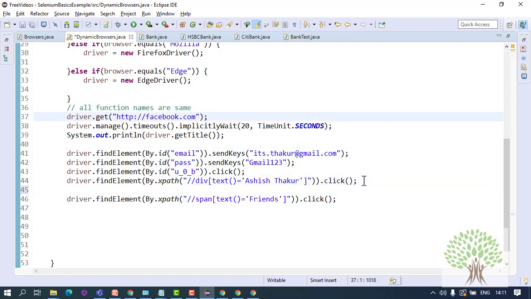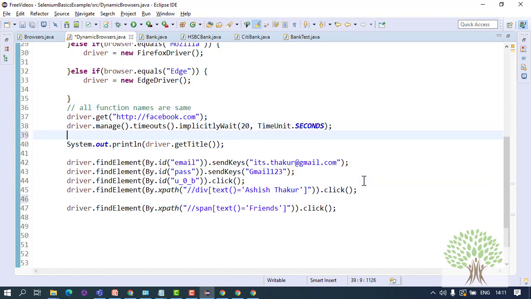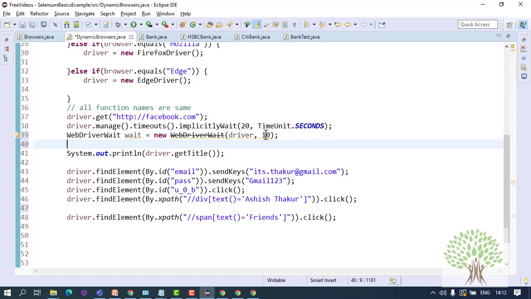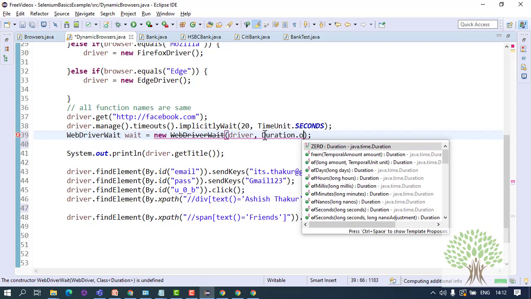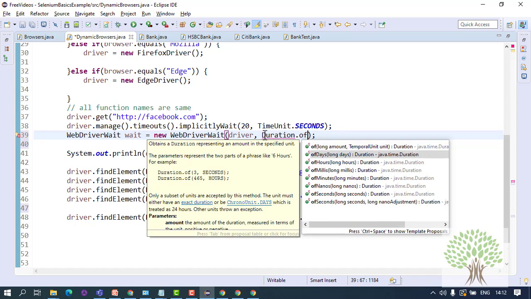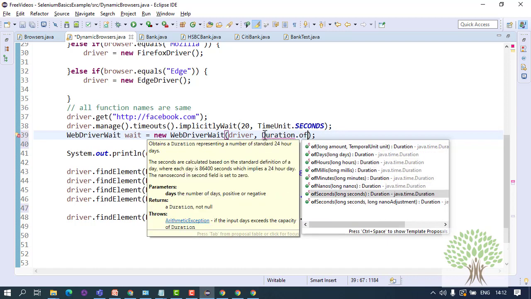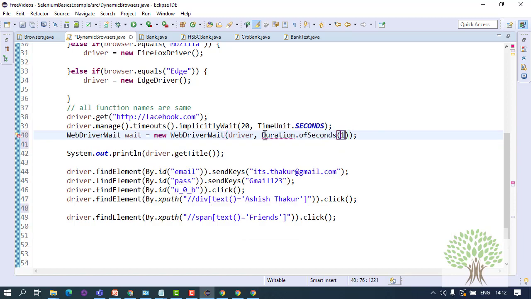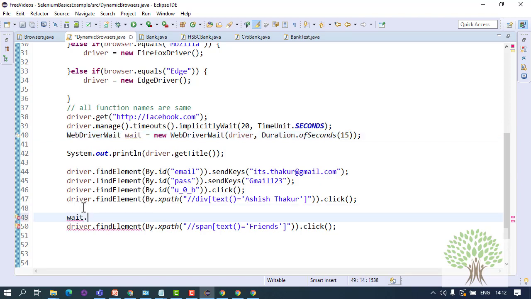You should create this object of WebDriverWait in the beginning itself, so that you are able to use it with any element. Okay, duration of seconds you can put say 15 seconds. So explicit wait is for a certain element. We will wait for the friends link to appear and to be clickable.